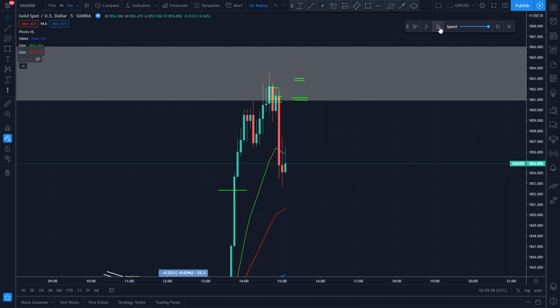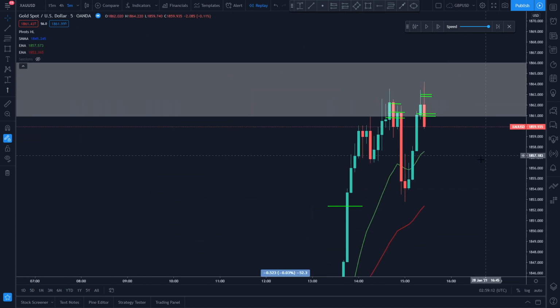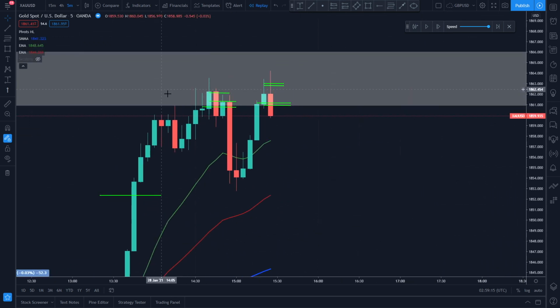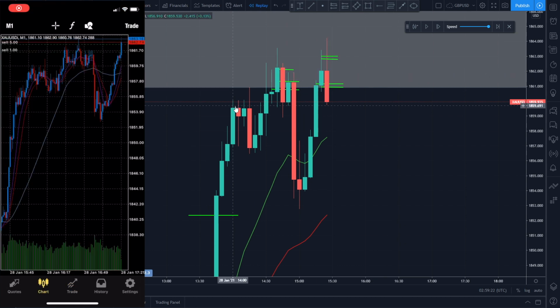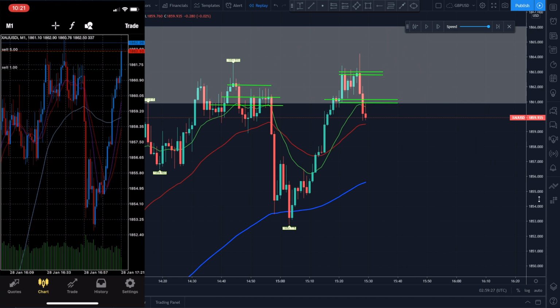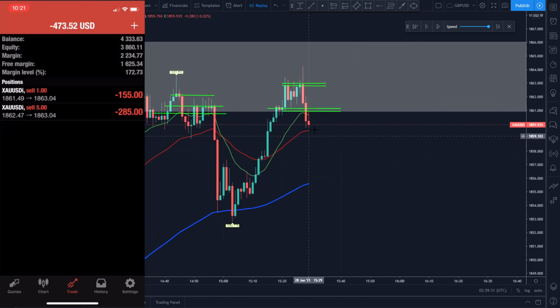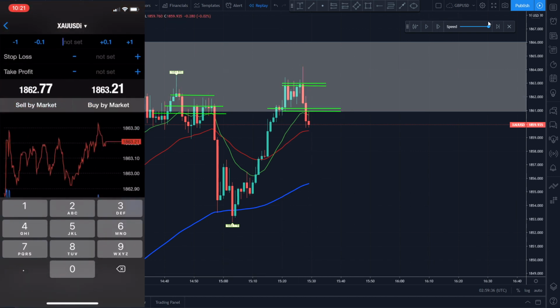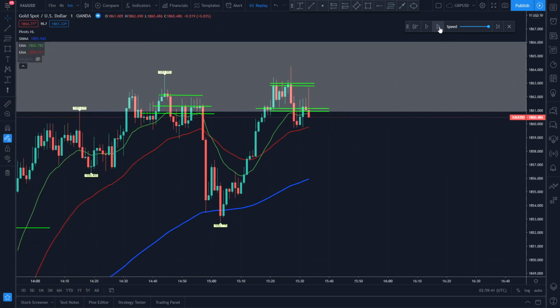So I'm waiting again for the market, and then we get engulfing. So now we have a double top, right? This is a very aggressive pattern here, right on resistance. So this was my eye opener right here, and I felt like this was going to be the aggressive sell that I was looking for. So I start selling again here. I'm just selling aggressively with the 5 minute double top pattern, and then you guys can see on the screenshot